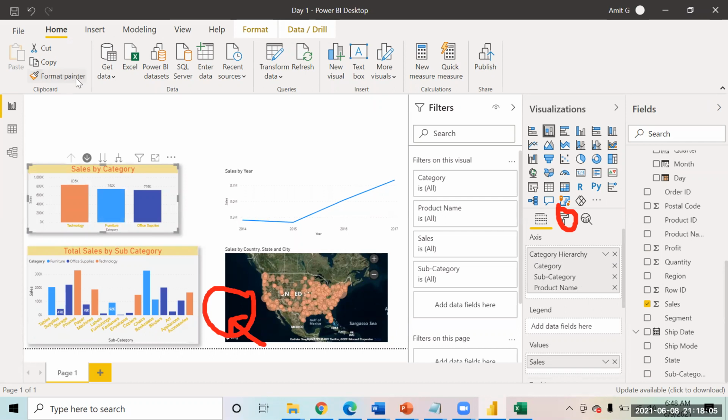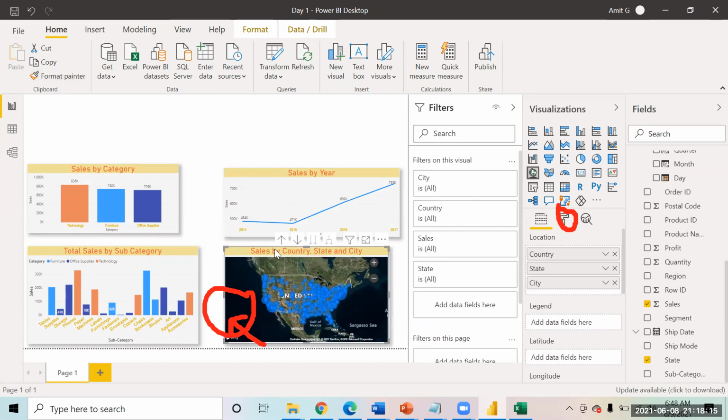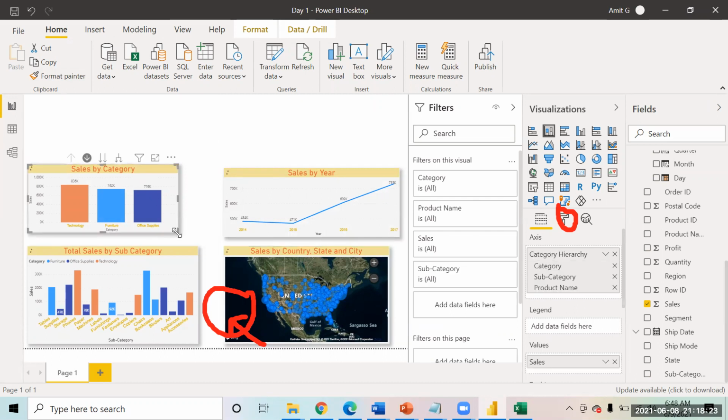You click format painter again and click it over here. Because when you create the charts, the symmetry should be there, that all the titles should be similar and everything. So you can make those changes right from here.